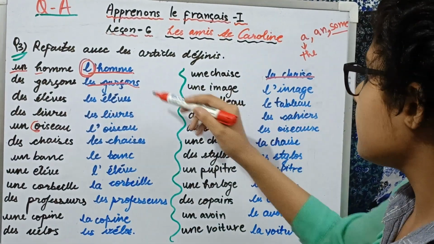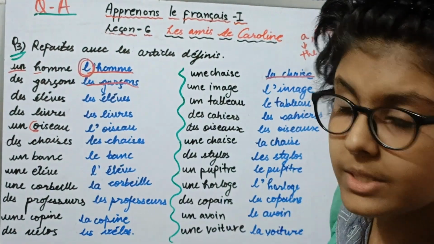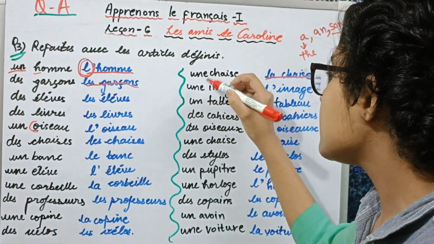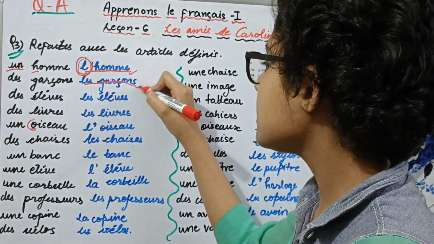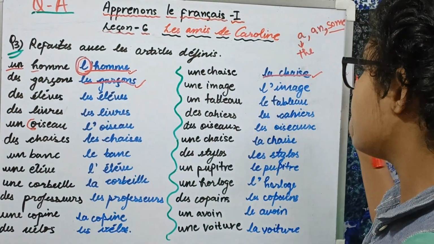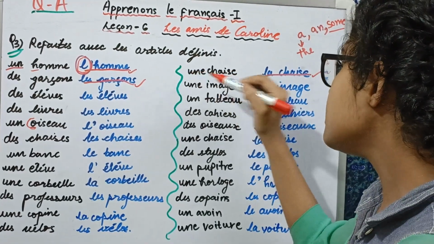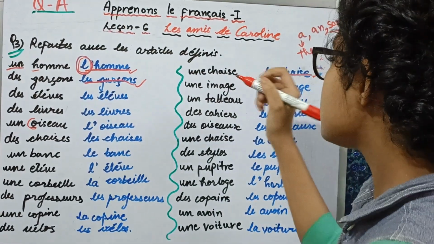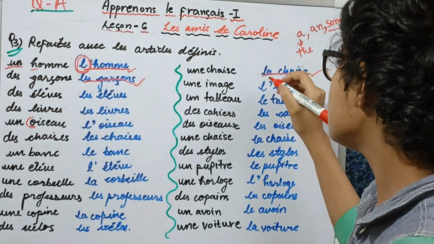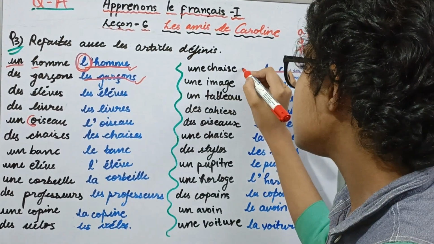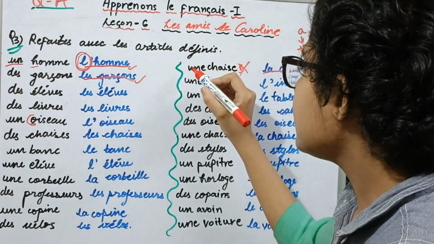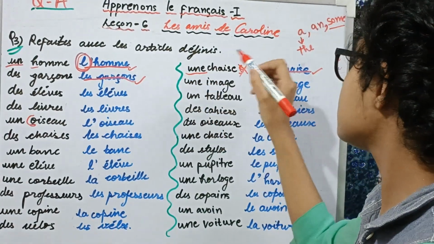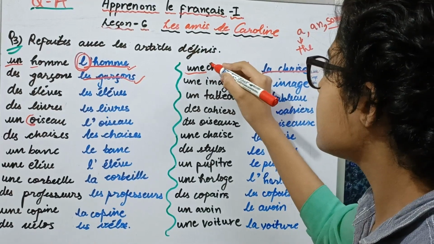Then we'll go on to the next row. The first one here is une chaise. All the words underlined with red are the examples that are already answered in your book, and this one, une chaise, is also answered. So that would be transformed into la chaise, as it is not in plural, it does not have an s. And then we have it in une, so that will be transformed into la, and this word starts